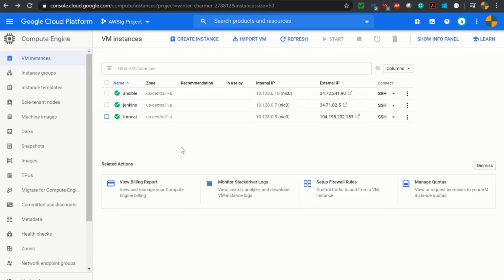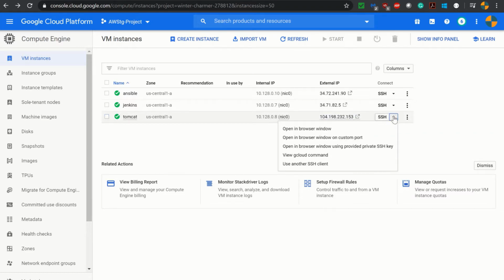I will show you how to set password for your newly created virtual machine in Google Cloud Platform. You may have experienced that when you have created your virtual machine in GCP, you didn't mention any password or username over here. So to set the password for the username, let's open the